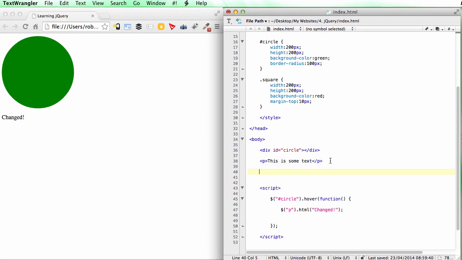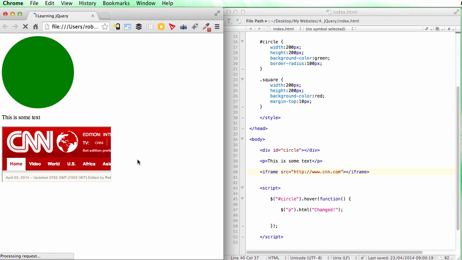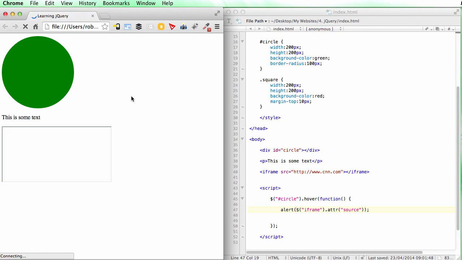Right, the last thing I'm going to show you this time round is changing an attribute of a particular element. So let's get an iframe in there. And we'll use the CNN website as the content of our iframe. There it is. I won't bother stretching it out. But what if we wanted to change the src of this iframe tag? Well, again,